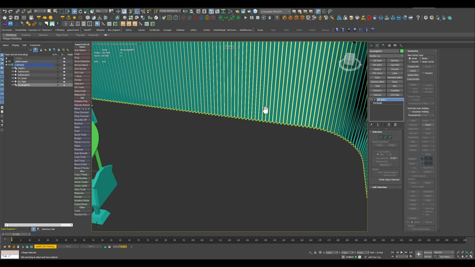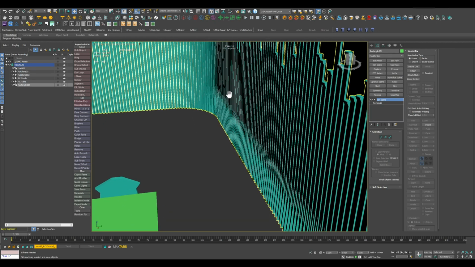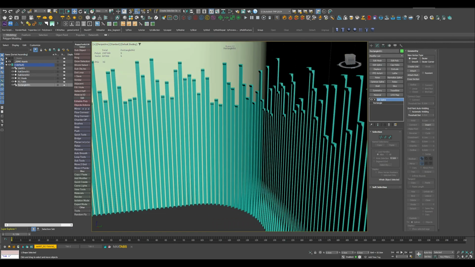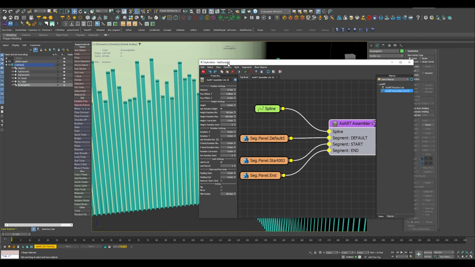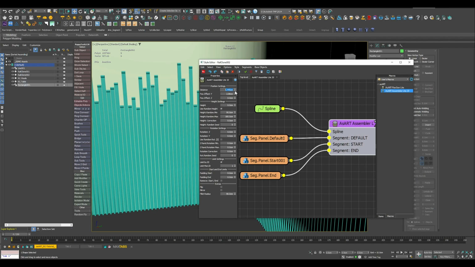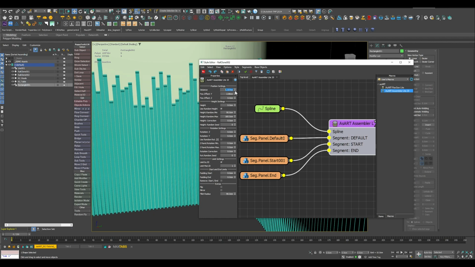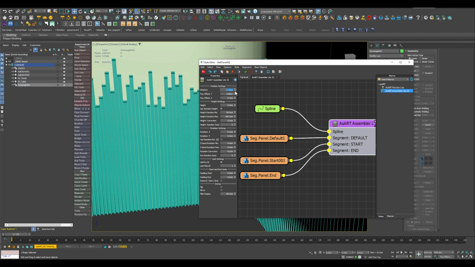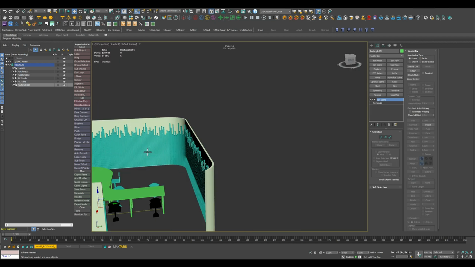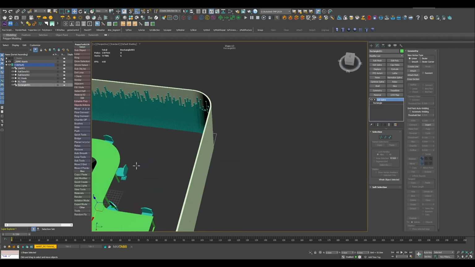So let me move that closer a little bit. I guess we can bring these guys a little bit closer to each other. Something like that will do the job. So you get the idea. So that is what we can do